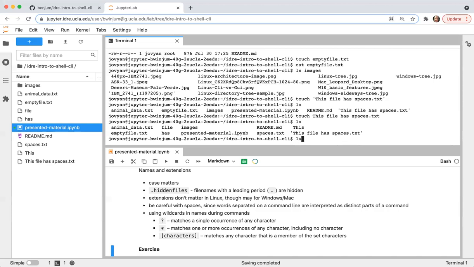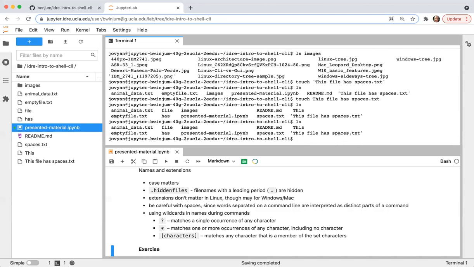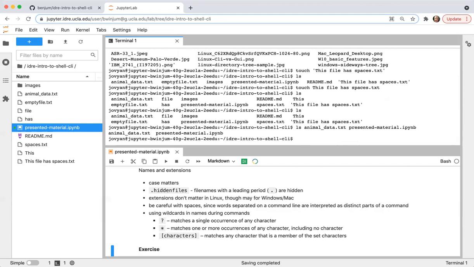So I type list and it lists all of the contents of the directory. I can list only specific files inside this directory by passing in the names of the files I want to list. So say I want to list animal data and presented material. This will only list these 2 files.